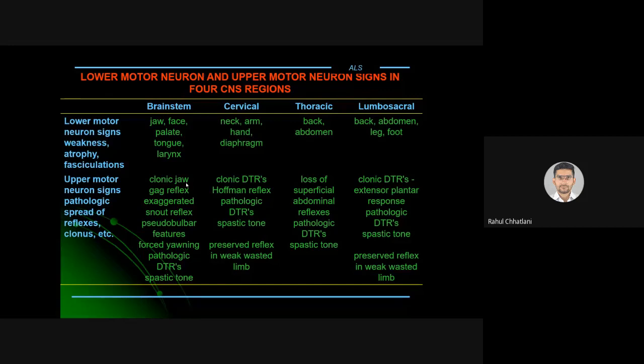Second, gag reflex. We have already seen what the gag reflex is. It is normally seen with the 10th cranial nerve. If the 10th cranial nerve is affected, the brainstem is affected because of this bulbar involvement. Cranial nerves 9, 10, 11, 12 are affected, and because of this there will be a deficit of gag reflex. Exaggerated snout reflex. Now, if we talk about specifically,